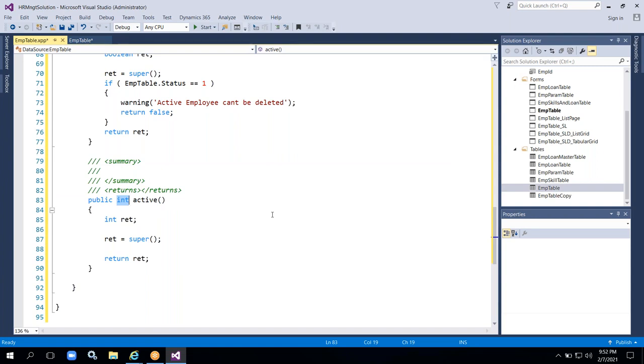Active method return type is int. Okay, so this will return an integer value. But what is the integer here? Okay, I'll tell you that. This active method works, for example,